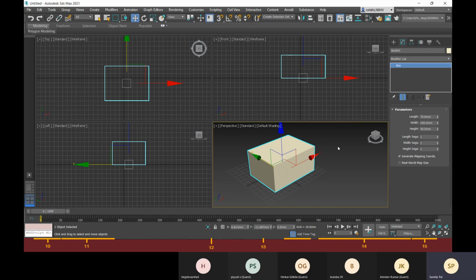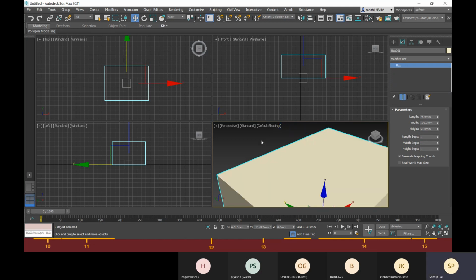If you are generating unnecessary polygons, or giving unnecessary segments, it may hamper the efficiency of the software, and it may lag much. So make sure you are not providing unnecessary segments. Only provide as much as is required.